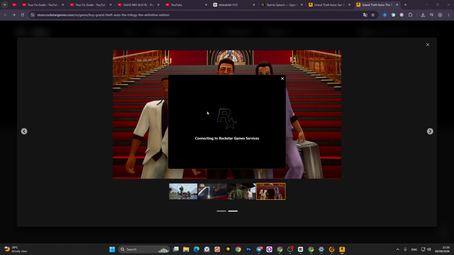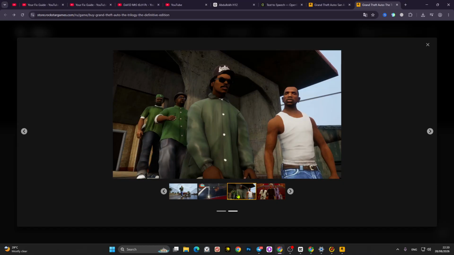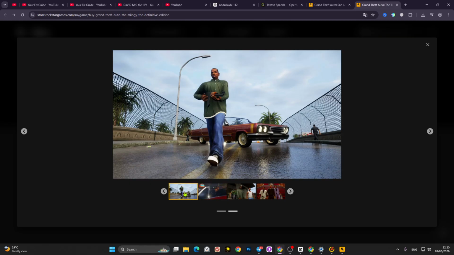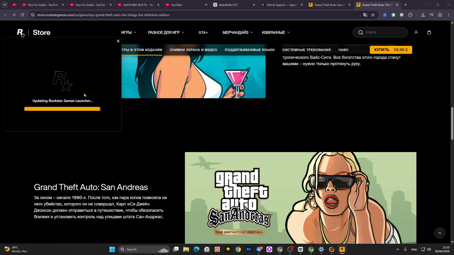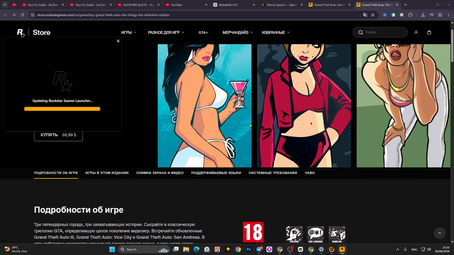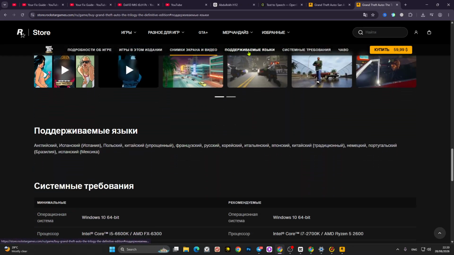Choose where you want to install the game and make sure you have enough available storage space. Then start the download. Once the download and installation are complete, return to your library and click Play. GTA San Andreas should now launch on your computer. And that's how to download and install GTA San Andreas on a Windows PC or laptop using the official Rockstar